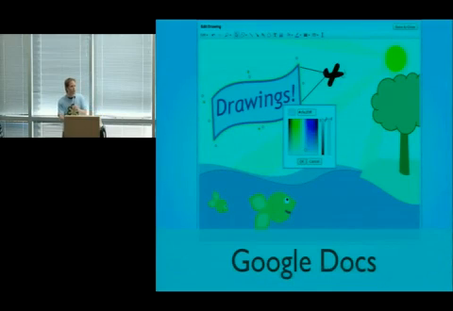One of them is Google Docs, where you can actually drop illustrations in, and you have kind of a lightweight diagramming and drawing tool, which is great if you're trying to explain something. Has anyone gotten a chance to play with this? Awesome. This uses SVG on every web browser. It has to use VML on IE, but we use SVG on all the other browsers. Here's an example drawing. My drawing skills are pretty lousy, so I had to find someone else to give me a good drawing. My original one was like a happy face, and someone was like, that does not look very good. So last night I'm like, who has a picture?